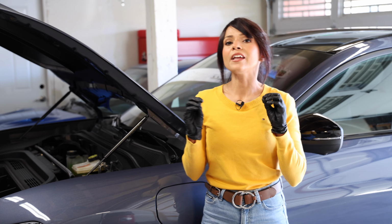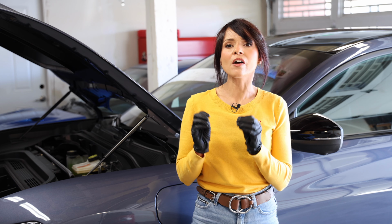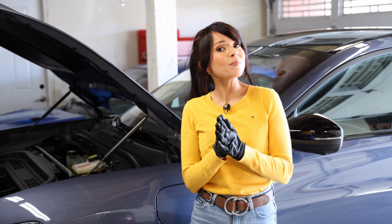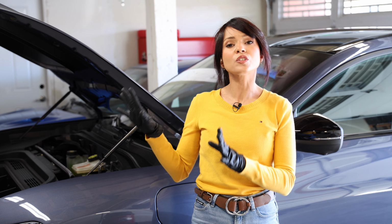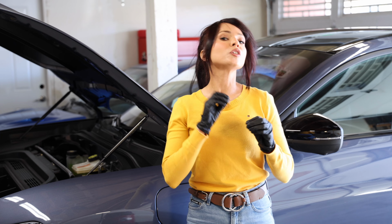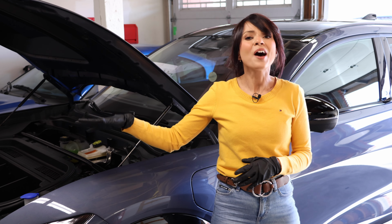So at this point I called the dealership and I spoke with the parts department. The guy told me the replacement battery for this Mach-E costs $240, and he said he has one in stock that I can just go and pick up, or I can call the Ford roadside assistance so they can tow the car to the dealership and do the work on it. But this could take a few days. I didn't ask him how you could tow a car that could not be put in neutral. We didn't get that far, but we decided